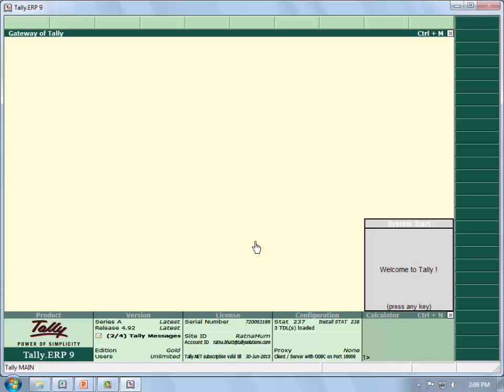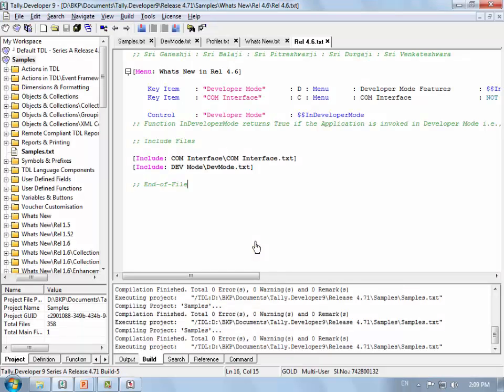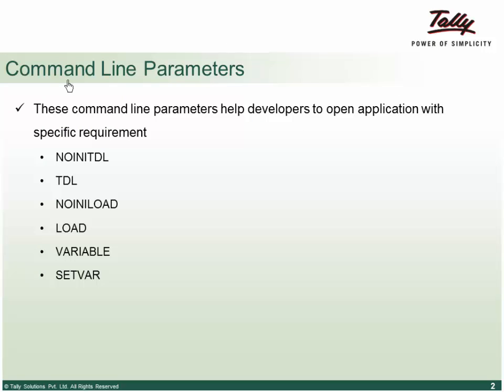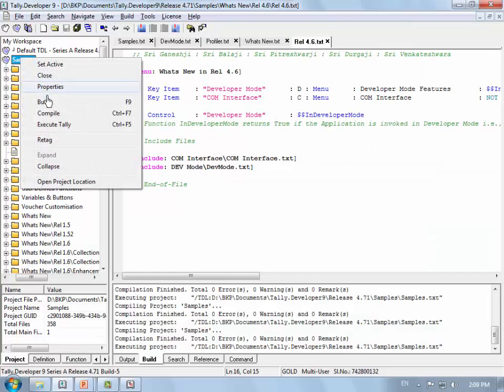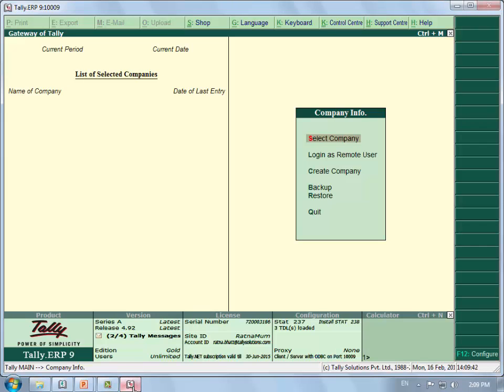So what will happen now is, as soon as you load Tally, the company starts. So when you do not want any company to get loaded while you execute Tally, you can give no ini load. And say if you want to load a specific company when you are running this project, what you can do is properties, compiler executions, slash load colon and the company number.